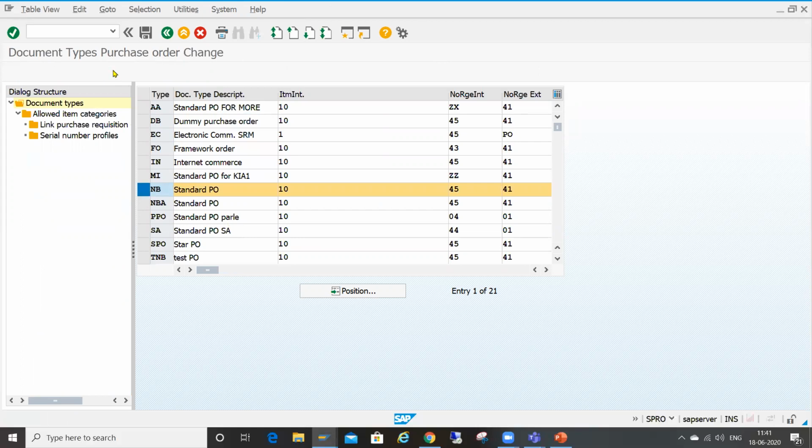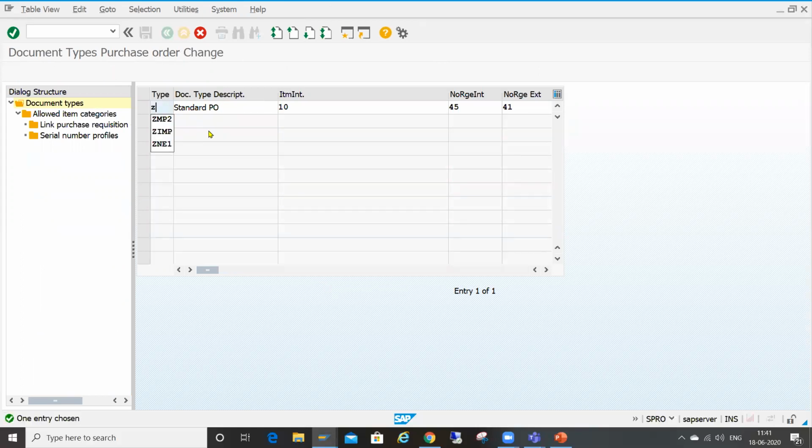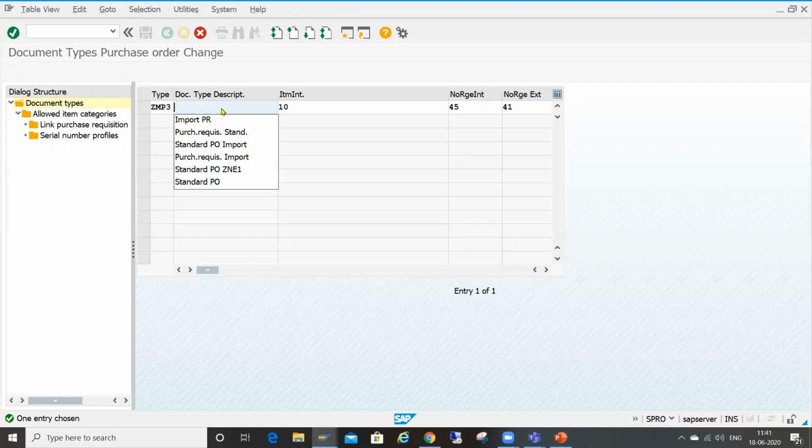Copy from standard, ZMP3. So this is import PO. Okay.